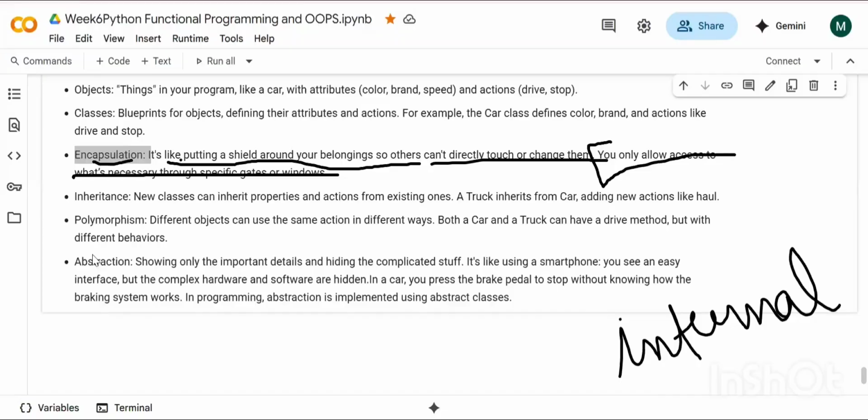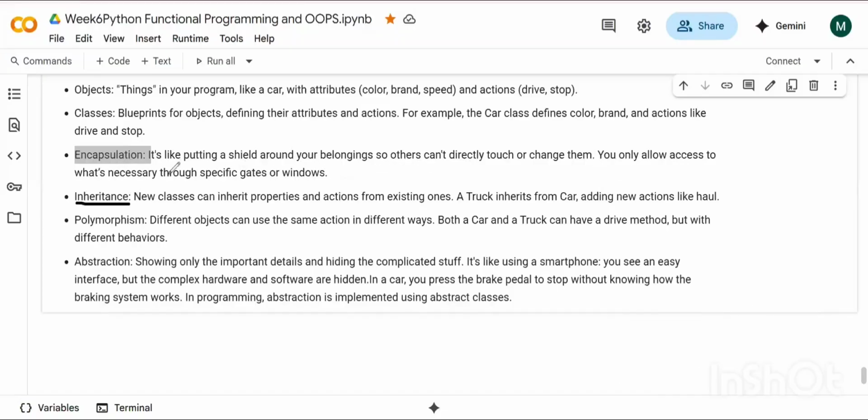Now, guys, let's talk about inheritance. Inheritance is very, very easy. Inheritance is like how electric cars are built using the basic features of the traditional cars, but add new functionality like battery systems and electric motors. So, in OOPs, inheritance allows us to create a new class that is going to inherit all the features of an existing class.